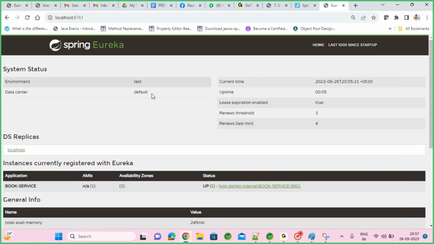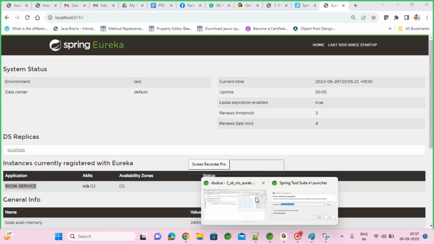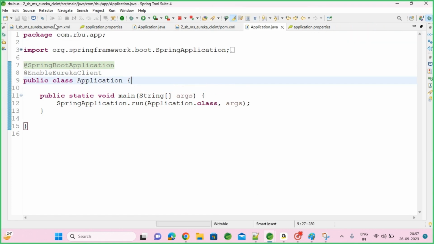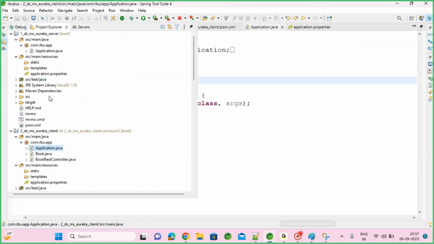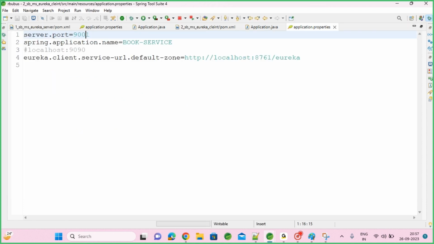Let's see this example. So one client I started, so it is registered here. I named it book service. Consider this is like your admin service. So this book service is registered here in 9001. I started it. What I will do, I'll go to the service and one more copy I will deploy. 9090 port also I'll deploy. Save